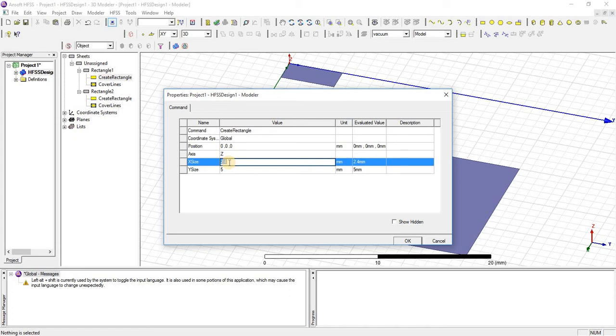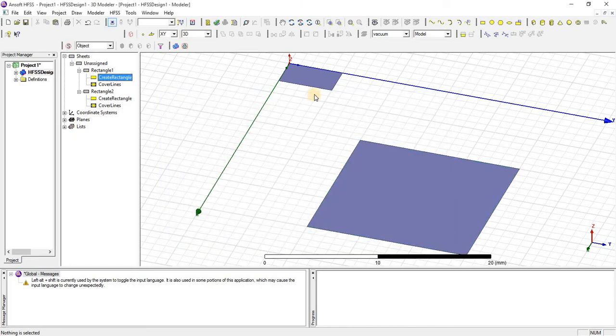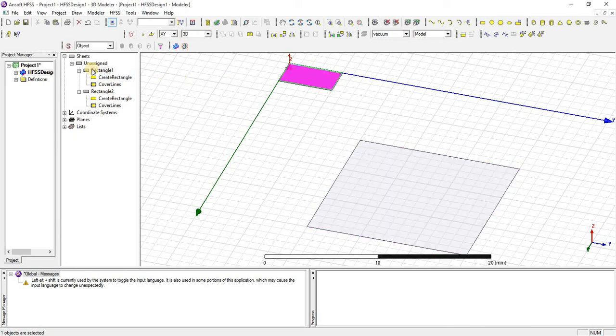For example, I am going to change it to 3, and you can also change the starting position. These two rectangles are basically 2D objects, so they will be in a sheet, and when we draw a 3D object, that will be in solid.